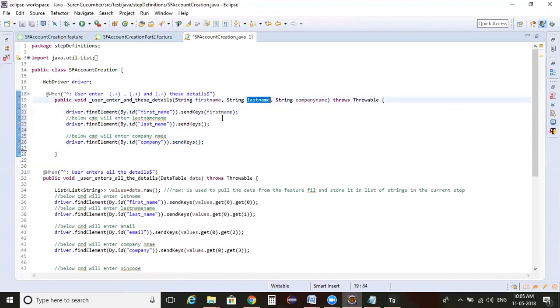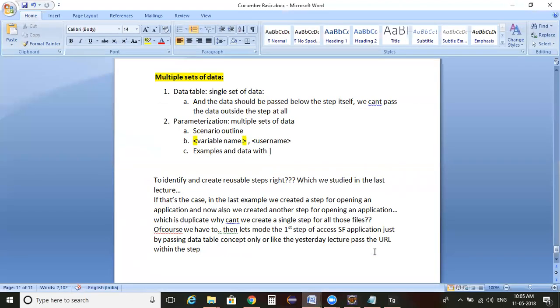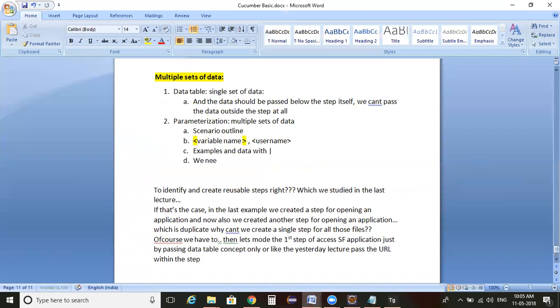In the last name, I need to pass the last name. In the company name, I need to pass this company name. Great, we passed these things. But where are we passing the values? For this first name, last name, and company name, where are we passing the values? Whenever we choose this method, we need to pass the data within the feature file only, using that pipe symbol